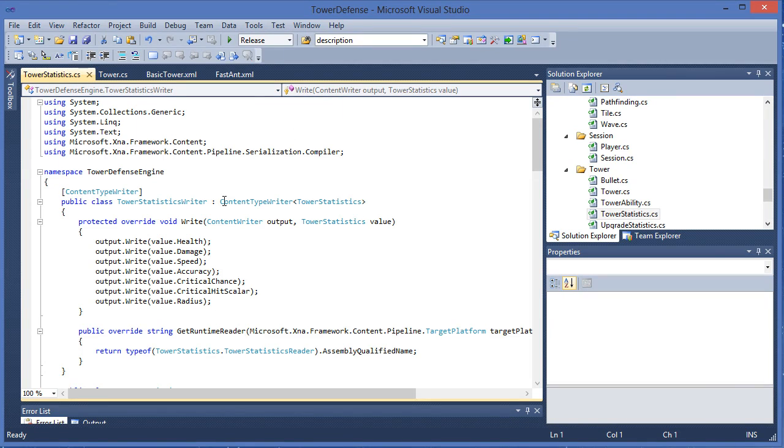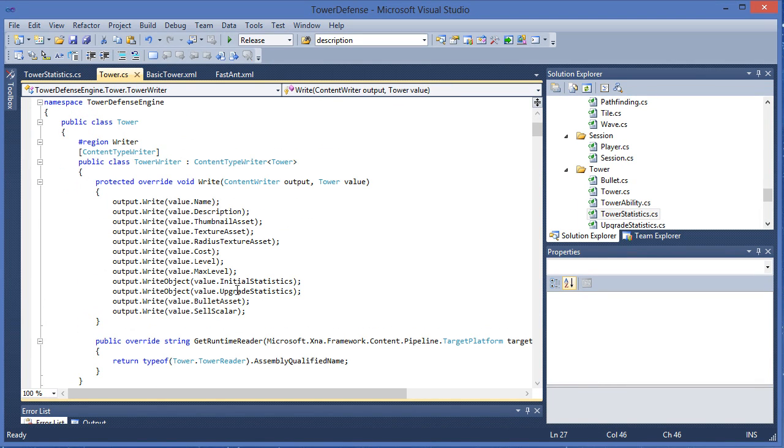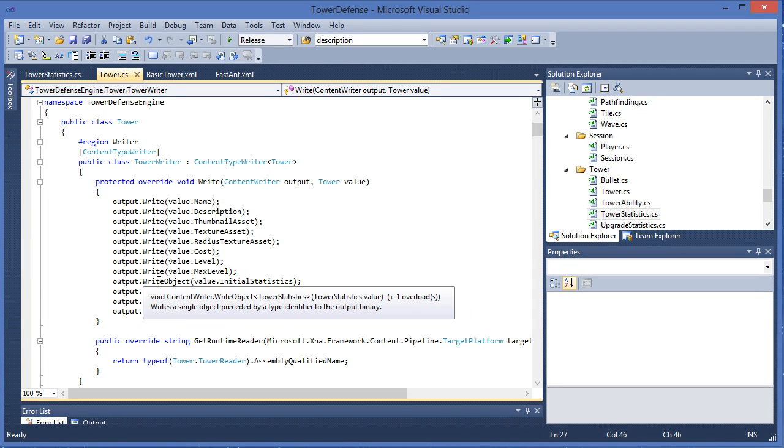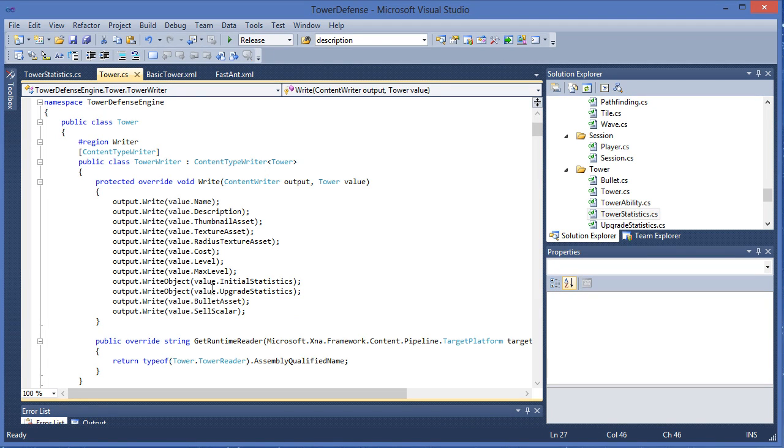So if we look at the actual tower statistics, look at its writer. Now that can be a little bit tricky because I do not say it's using a different writer. But if you look at write object, you can kind of guess what it's going to do. Now, if we actually look again at